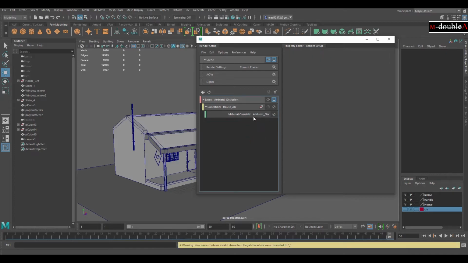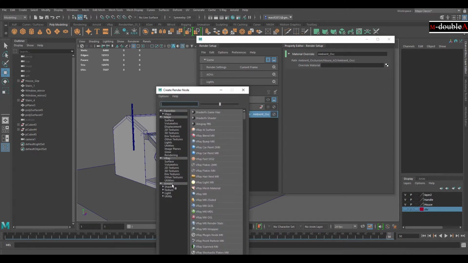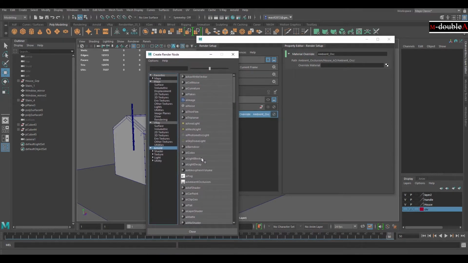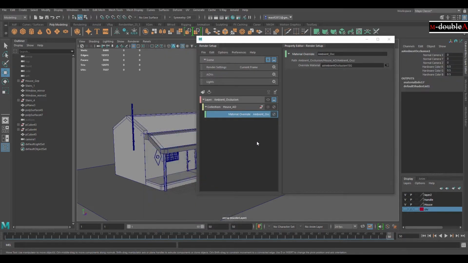Okay, click on the check icon over the material override, click on Arnold, and scroll down and you get AI ambient occlusion. Just click on it. Okay, this is the setup, one layer that is only for ambient occlusion, nothing else.